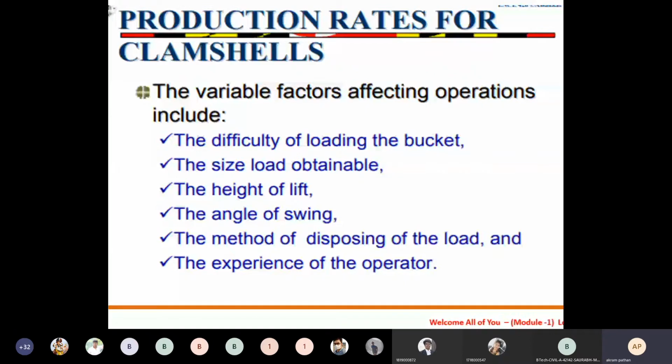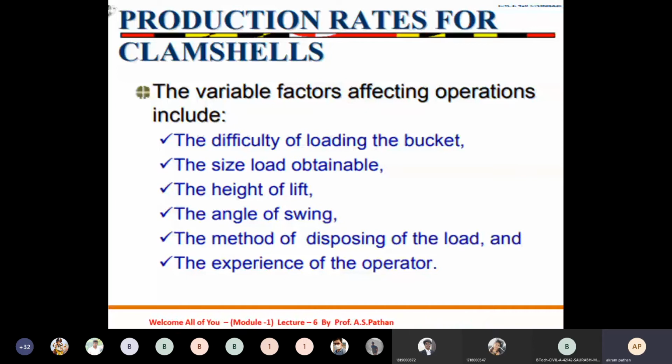Difficulty of loading. Suppose you want to excavate or lift the material from a municipal sewer line, is there any difficulty in lifting that material? Means there are obstructions, there is not enough space for keeping the machine, that is the clamshell, over there, and the suitability of the environment. Then the size load obtainable.